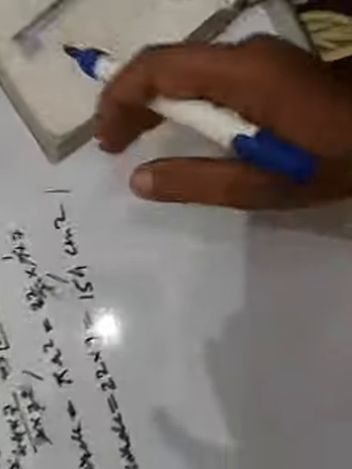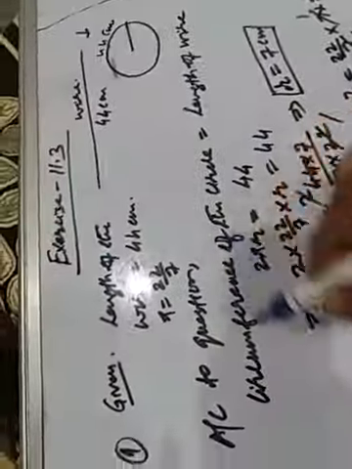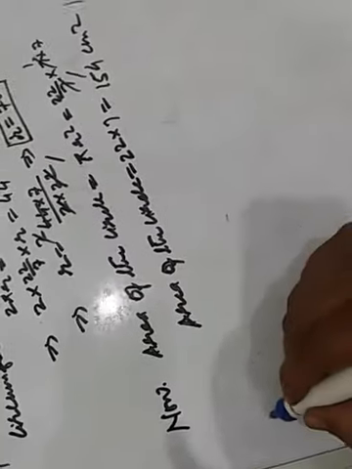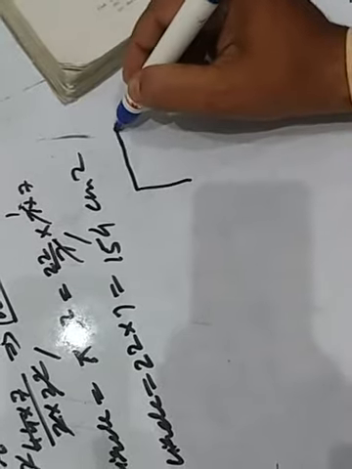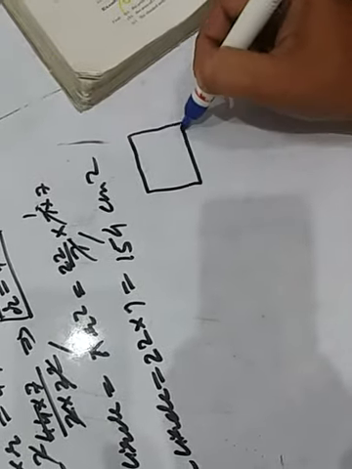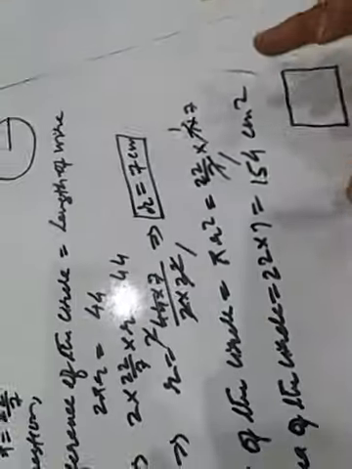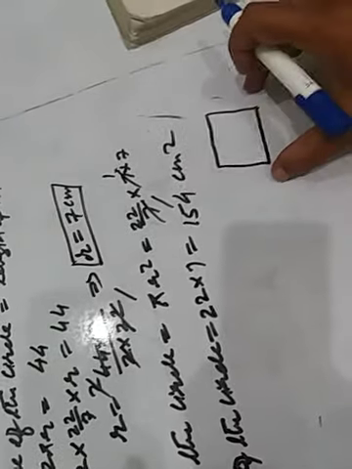Okay, children. Now what else do we have to find out? Also find that if the same wire is bent into the shape of a square. Here, children, it was given; there are several things that we have to find out. It is given that the same wire is bent into a square. Its perimeter is the same, the wire is the same, and it is bent into the shape of a square.